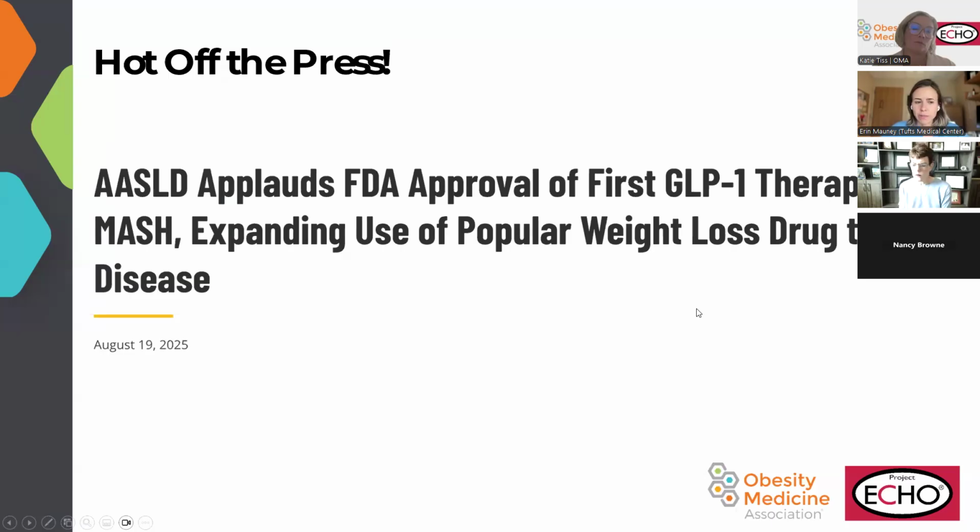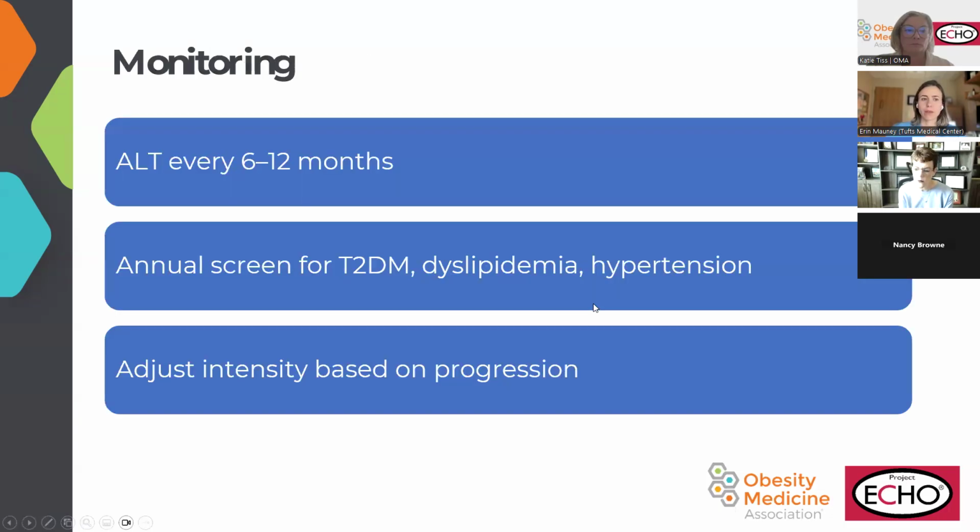This is hot off the press. This was from last month that the FDA approved a GLP-1, semaglutide, for MASH. And so they got an indication for treating MASH specifically outside of even the weight loss indication, which is huge. This is in adults, not in kids, but it kind of paves the way for this approval, hopefully to come the way of pediatric MASLD as well. And I really see this as a way of hopefully improving access: if an insurer won't cover it for weight, that potentially they will cover it for MASH.